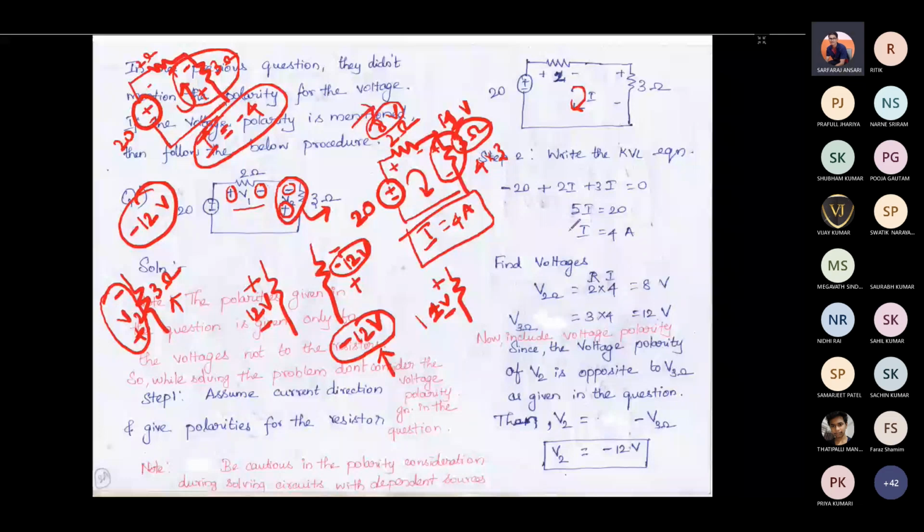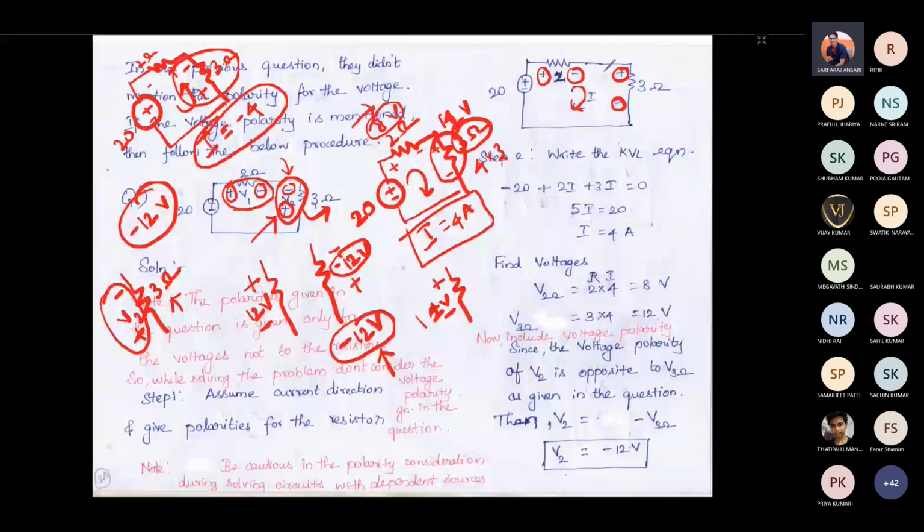So polarity is for the voltage. That polarity is useful only when you take the final answer. Don't incorporate it when you are solving the problem, because that will create confusion. Okay, why? Because this voltage polarity is just to mention the voltage value. So this is not going to do anything with the current. What I'm saying is this polarity is given based on the measurement only. This should not affect your system voltage or current magnitude.